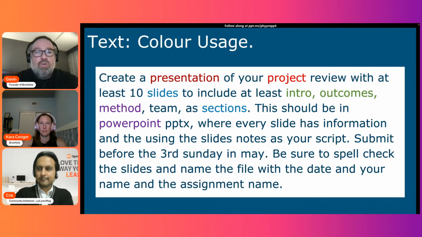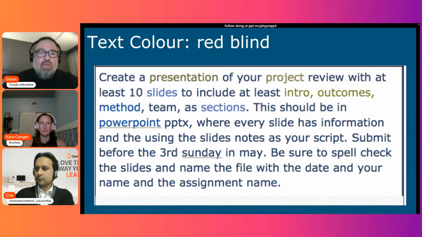So you need to assume that everybody does and work on reducing those barriers, because if someone is full red colorblind, suddenly those reds and greens look very similar. The same with the blues and purples. You don't want to have that. Now, there are different types of color blindness or color deficiency. So please consider not using color alone. If you want to highlight a word, you might use color and make it bold. That would be a good way to highlight them so that they can see them differently.